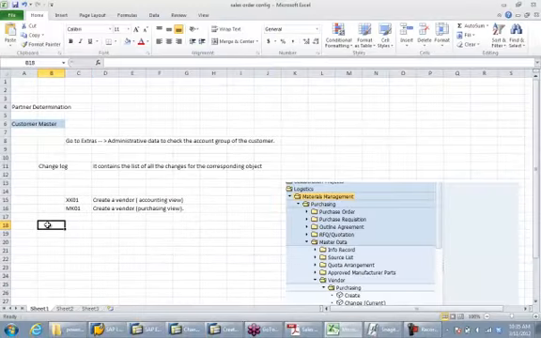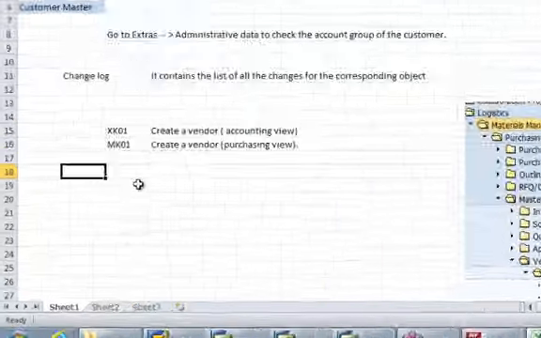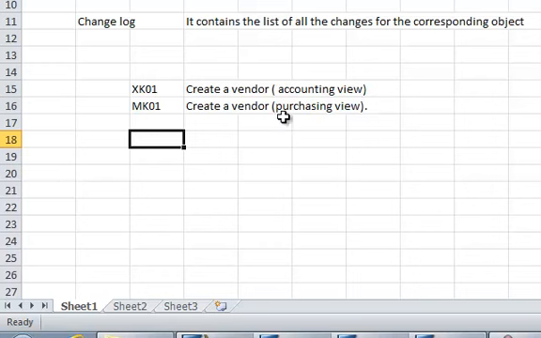Okay, so that's how you create a vendor, but in our discussion we will never be using any vendor. Assume you know what the purpose of a vendor is, right? A vendor is a partner from whom you procure or get any services. Say in a company, a vendor is someone from whom you will be buying materials,